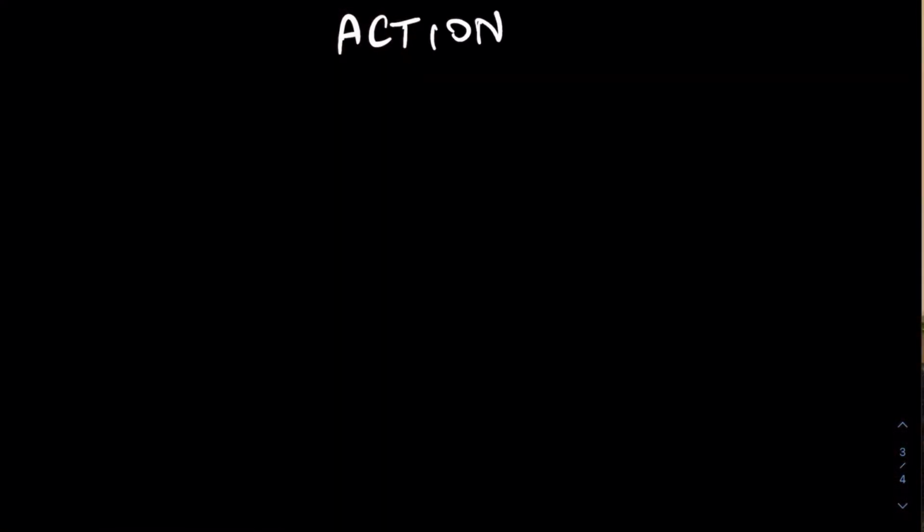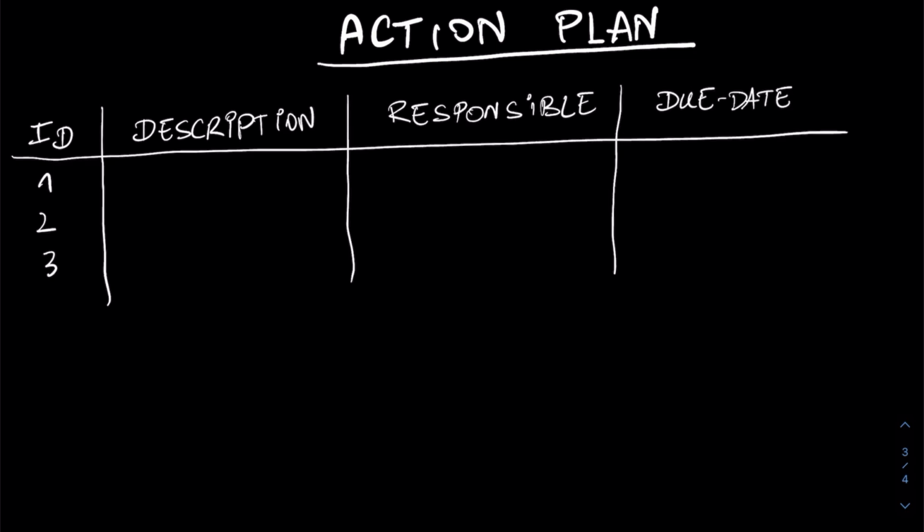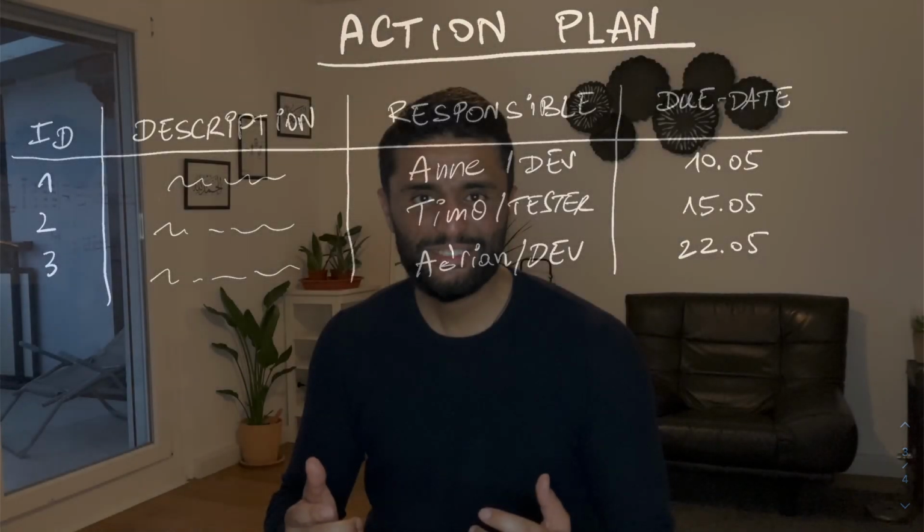What is the action plan? It's a list of actions, each with an ID, with a short description, with the responsible, and with the due date. So each of my team members might take one or several actions based on his scope of know-how. I would also estimate the due date first, and I would assign it, and that will be everything offline. I will not share it from the beginning.